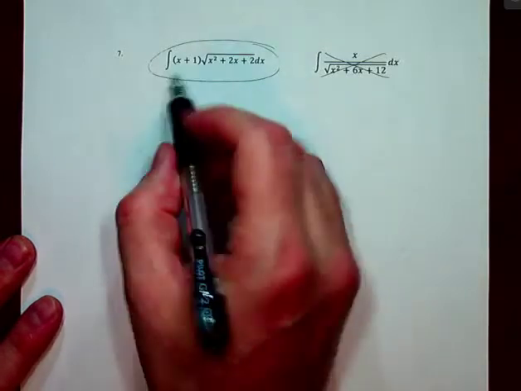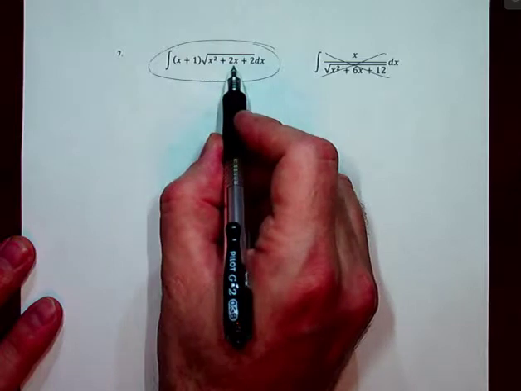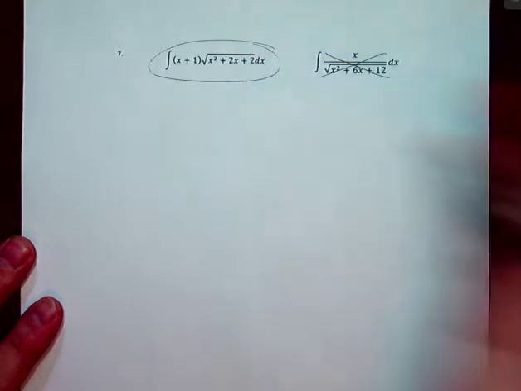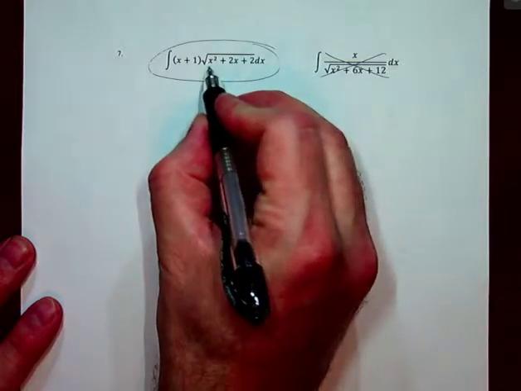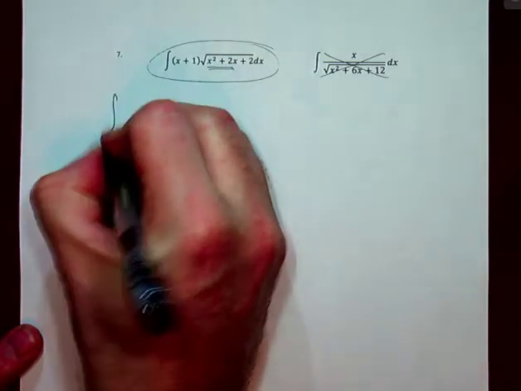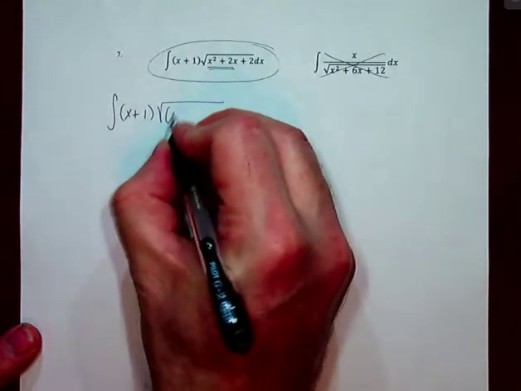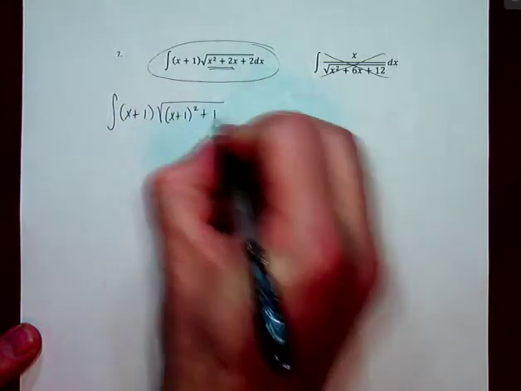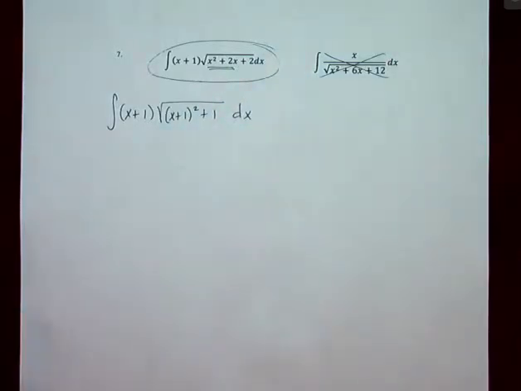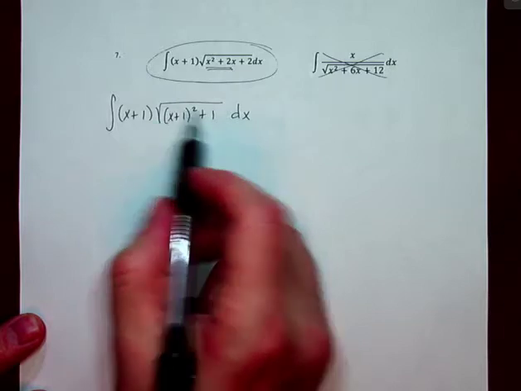we should recognize the relationship between x plus 1 and x squared plus 2x plus really anything after that, right? Because this right here is the beginnings of x plus 1 squared. So if we rewrite this, it's going to give us a little more insight into exactly what I need, okay? Now, what I have here is I have basically the makings of